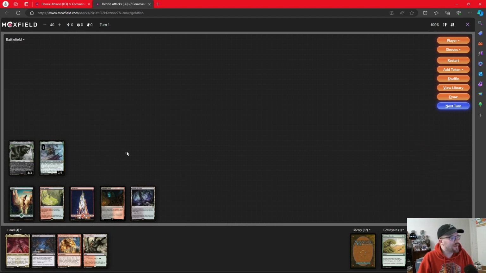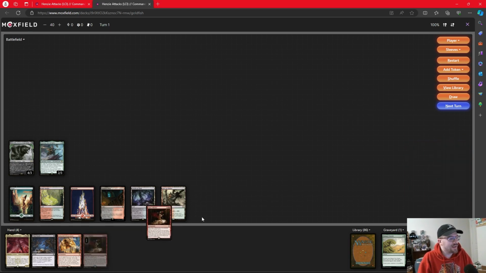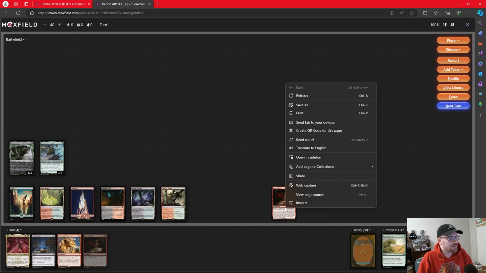I kind of want to make sure we have enough resources down, and on turn 4, I doubt our opponents are going to be too far ahead of us. Turn 5, we see Rain of Riches, which is a really fun card. We get 2 treasures when it comes in, and then whenever we cast a spell that has mana from a treasure spent to cast it, it has Cascade. I'd probably put that down this turn,